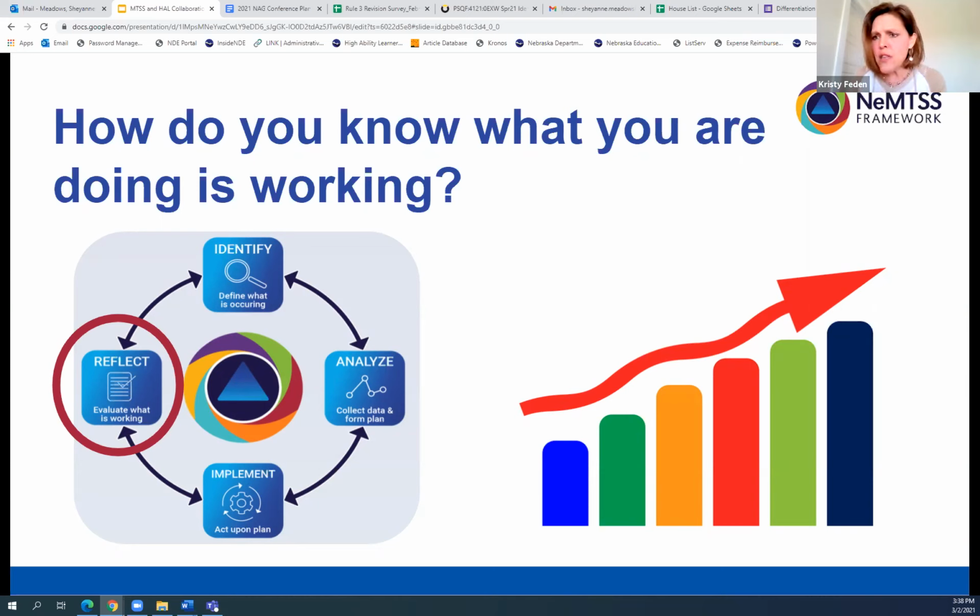So I like the chart that Sheyanne had pulled together with some of the potential data sources. And this is where I think, when we're thinking back to that slide that Claudine shared in regard to breaking down silos, we want to make sure that we have our specialists and those of you who have such a broad depth of knowledge and experience working with students who need that differentiation, that you're part of these problem solving teams. And I know that problem solving and teaming structures look different in districts depending on the size of your district, but I would really challenge all of us to think about ways to incorporate your knowledge and expertise